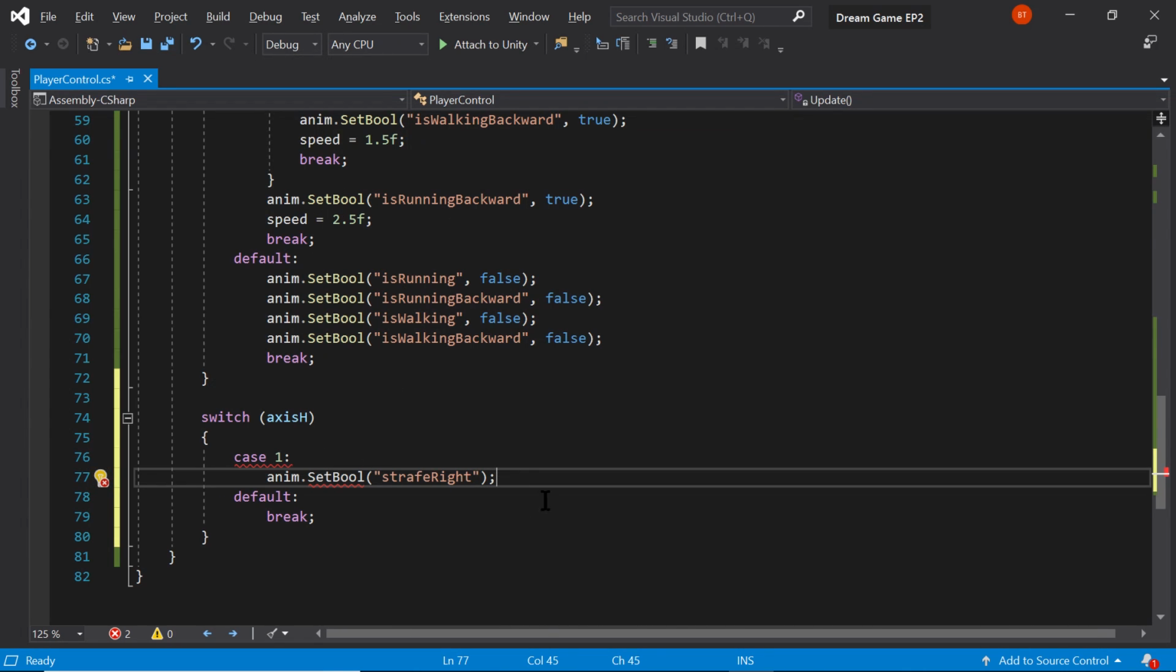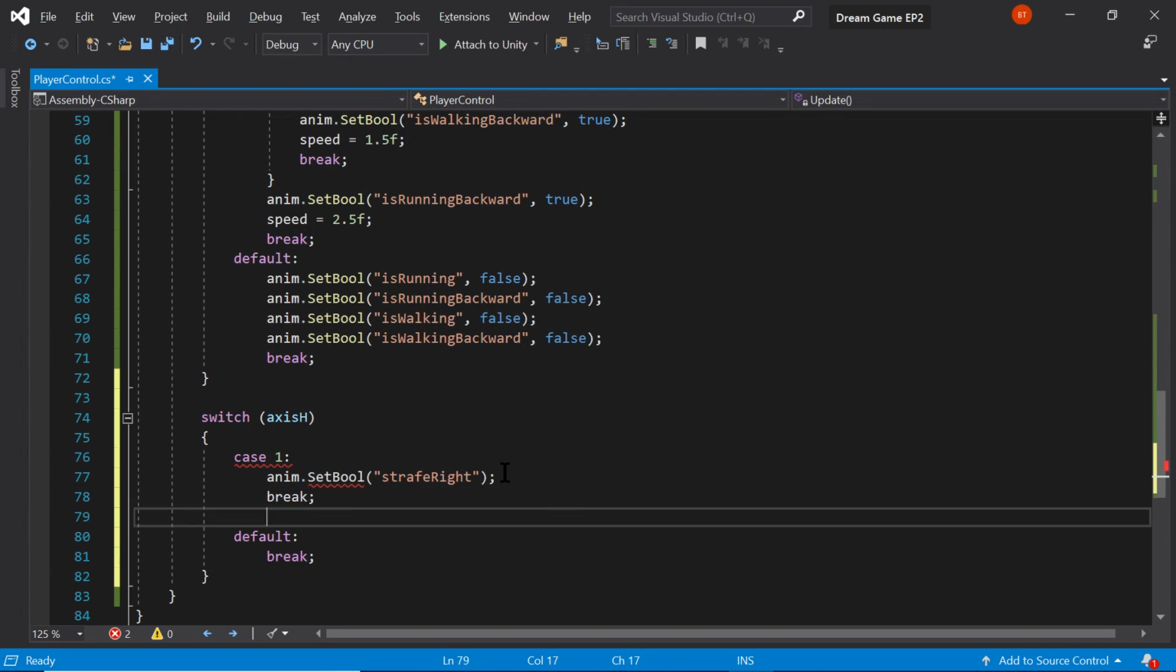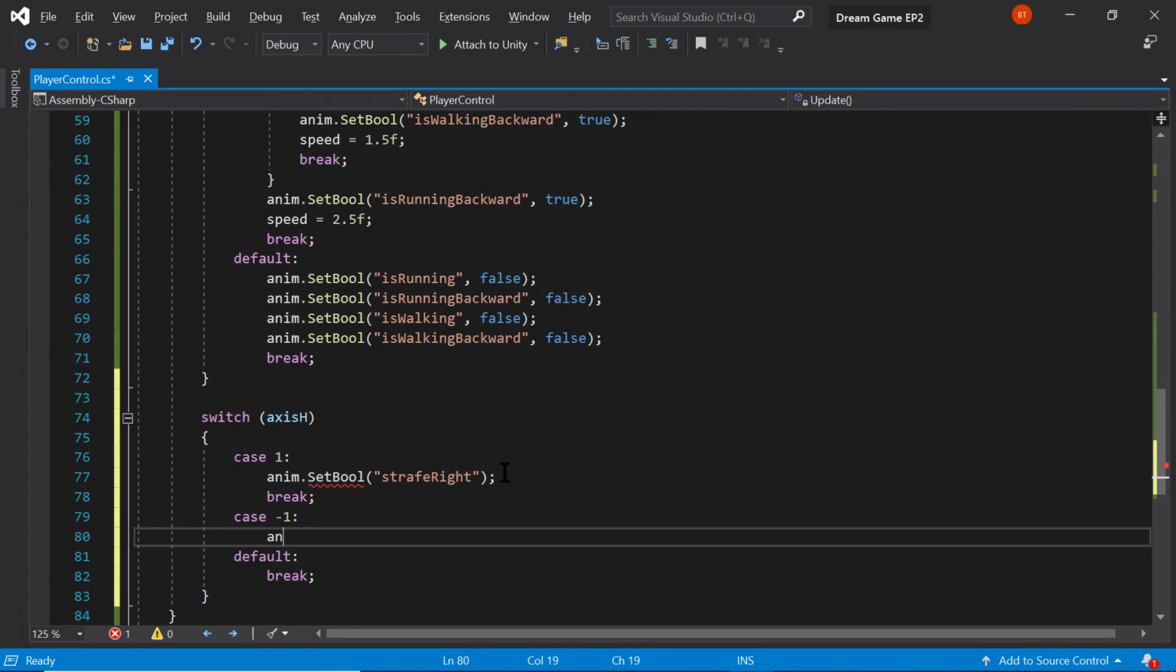And we'll leave the speed the same because we don't need to walk to strafe, I don't think. And don't forget your break. Case -1. Anim.set bool. And